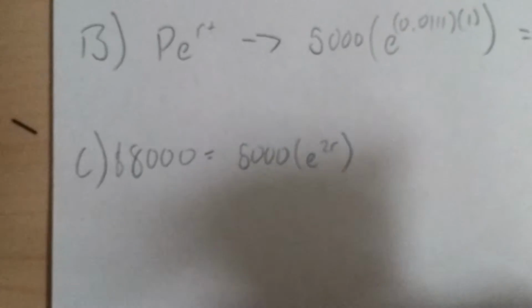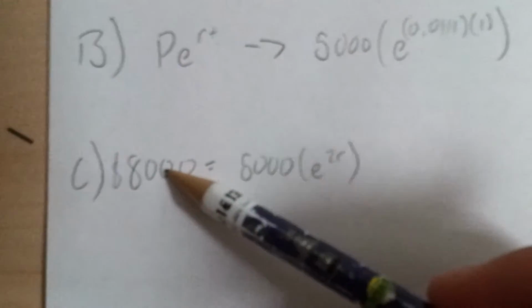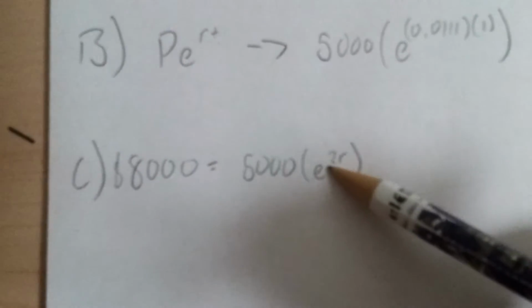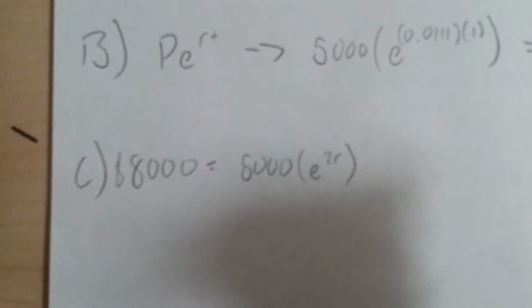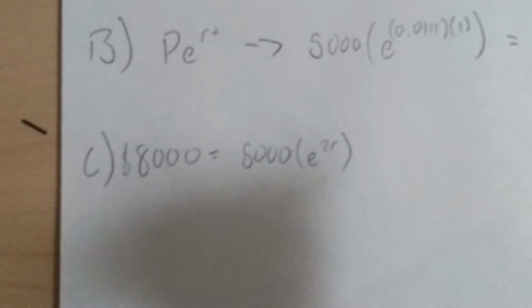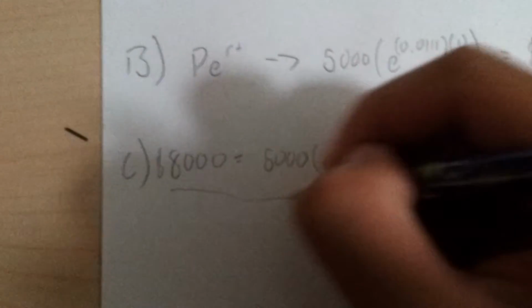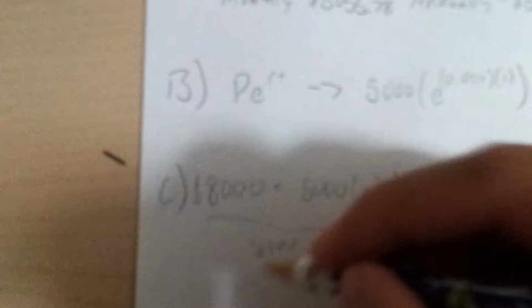And then for C, we want to reach $8,000 in 2 years, but we don't know what rate we should find. So we're going to solve it now. First we want to get rid of the 5,000, so we divide both sides by 5,000. The zeros will cancel out here, leaving you